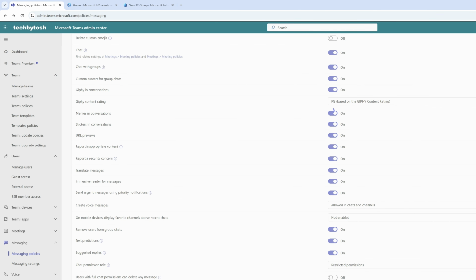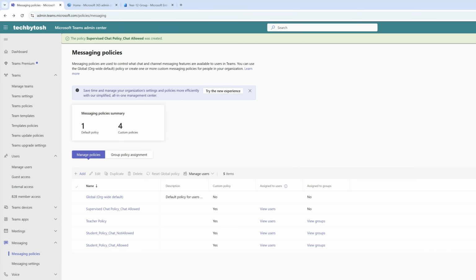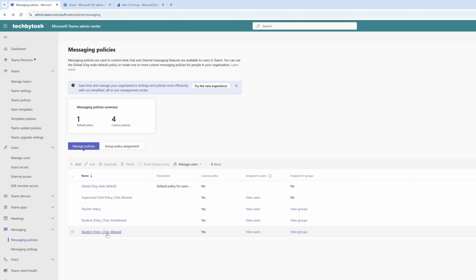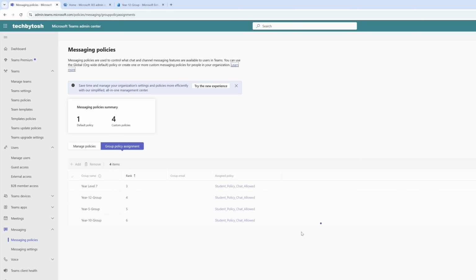So we click save. Now, this chat policy is created, but it is not currently assigned to any of the groups. Currently, the student chat policy allowed also has restricted chat permissions, and the new policy we created also has restricted chat permissions. So we're talking about a year 12 group. So first, we need to remove the year 12 group from this policy. So I'm going to select year 12 and remove year 12